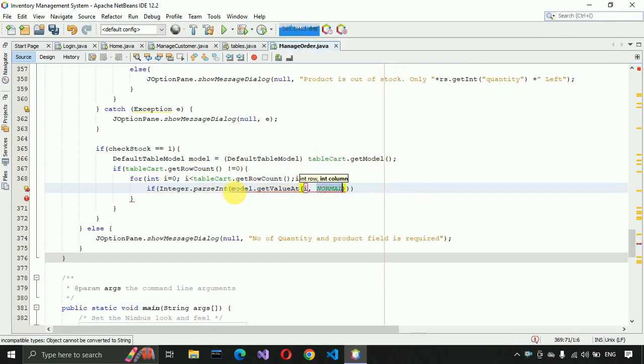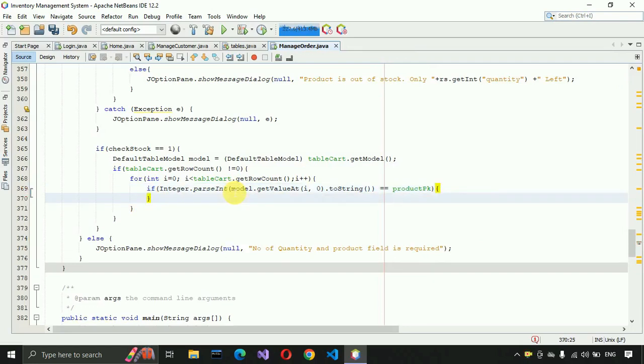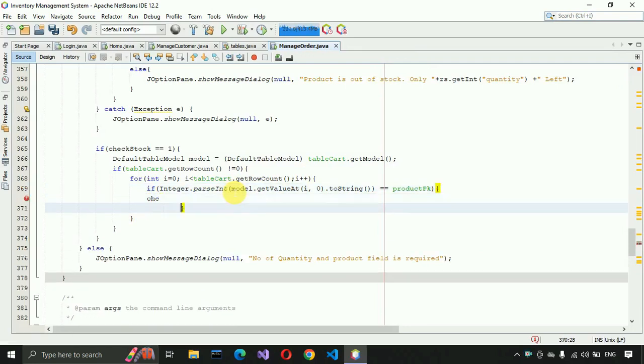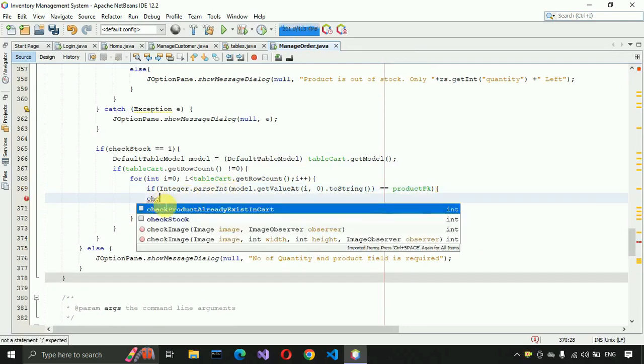i, and at which row we are going to get the value. That will be the index, and then we want to add zero as the column, and then we are going to convert it to a string. After the second parenthesis, we are going to match it with product pk, and if this condition is satisfied, in that case,